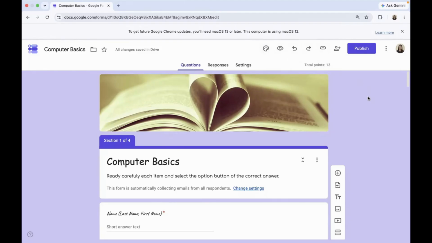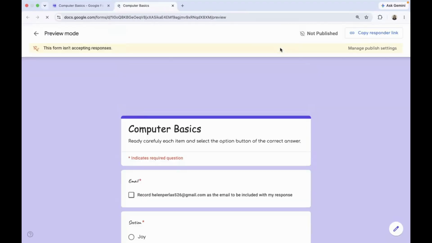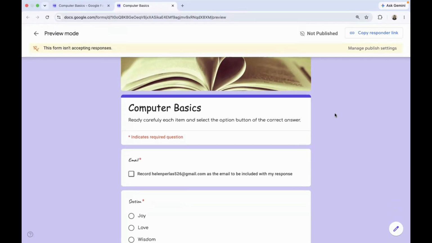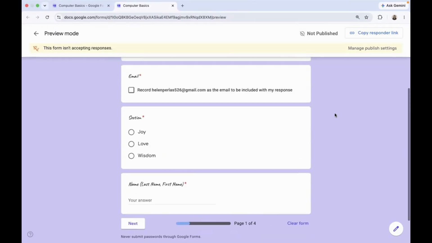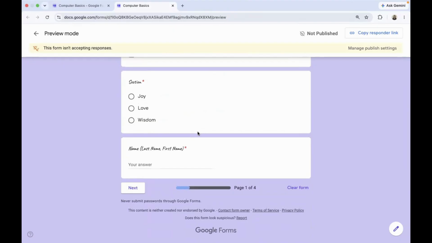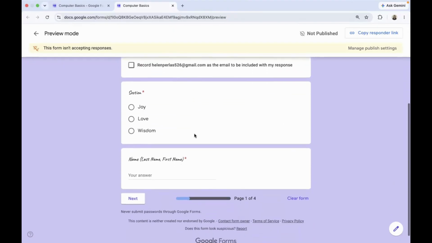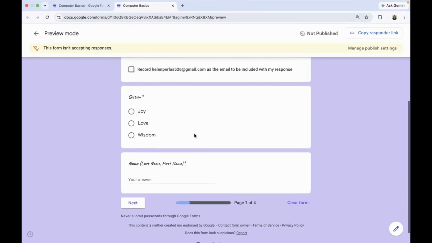But before you publish, if you first want to see how your form will look when the responder is answering it, you can click the preview button first. This is how your form will look when it is being viewed by your students or your responders. Since you have sections, you have 4 sets of preview of your form.